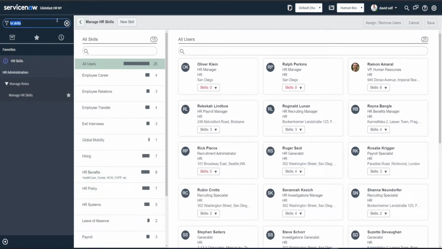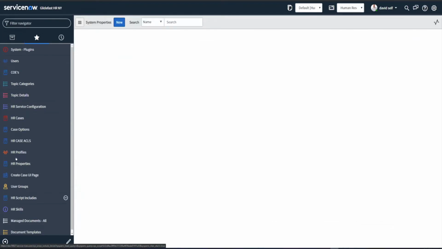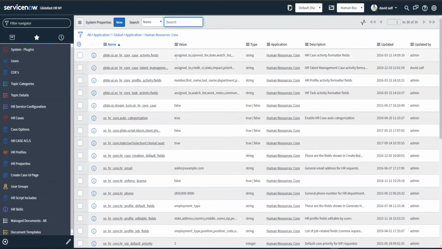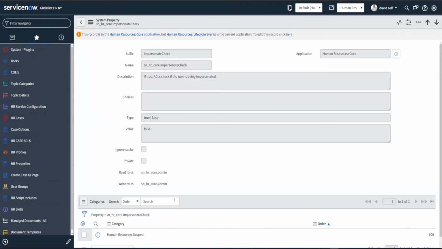All right, so now I actually want to show you guys some of the more important properties. So I'm going to jump into the HR properties. These are all the ones that come with it when you flip it on. The one that I like to show people that kind of shocks them is this one right here. Impersonate check. What does this thing do? Basically, if it's false, you can impersonate anybody. But if it's true,